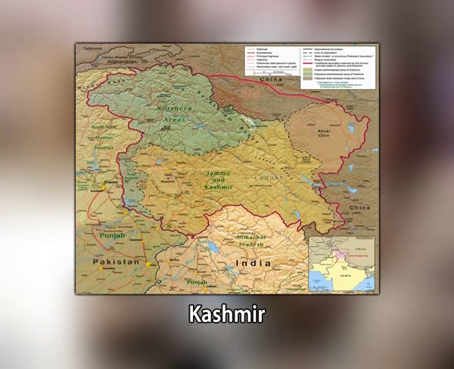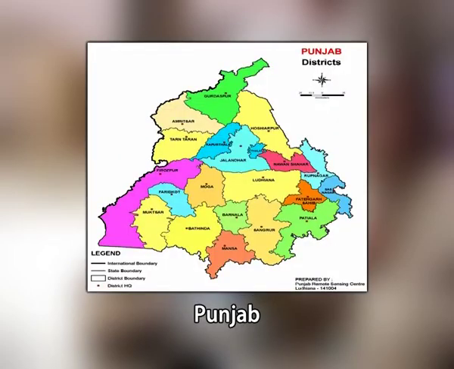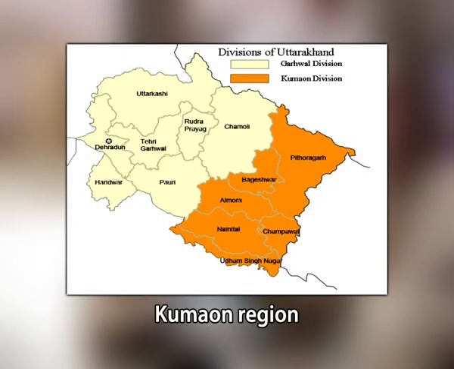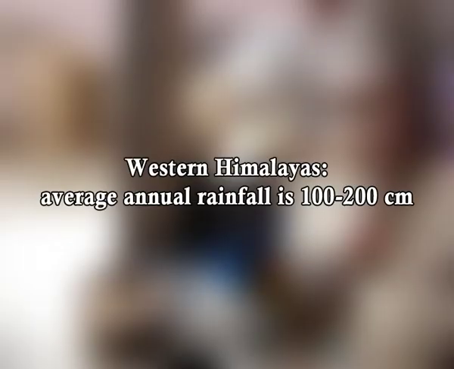According to D. Chatterjee, India can be divided into 9 phytogeographical regions. Number 1. Western Himalayas. This region comprises North and South Kashmir, part of Punjab and Kumaon region of Uttaranchal. The region is wet in outer southern ranges and slightly dry in the inner areas. Average annual rainfall in this region is 100 to 200 centimeters. At high altitudes, snowfall occurs during winters.